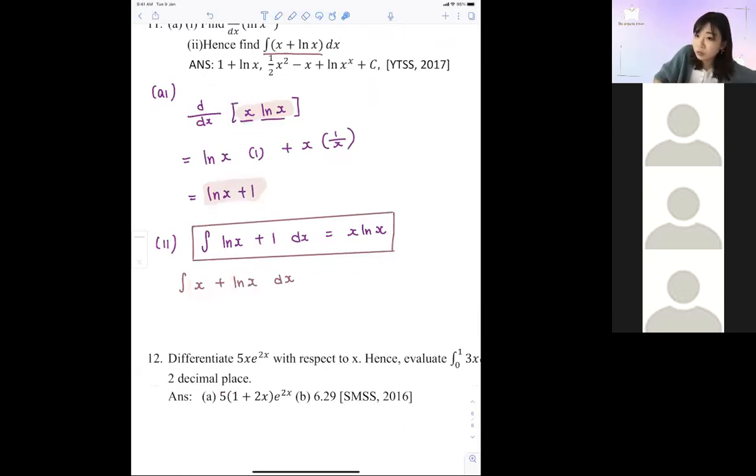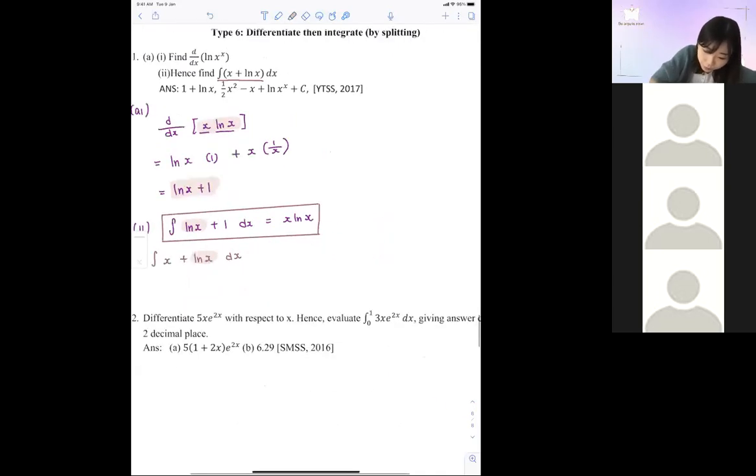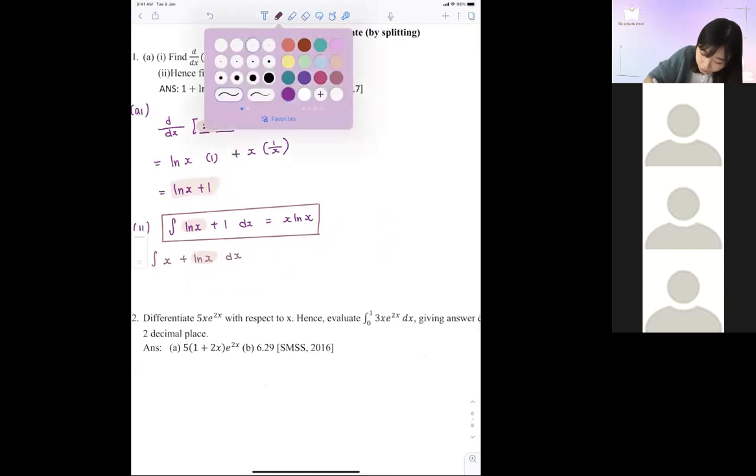Is there a formula to integrate ln? No, right? There's no way we can integrate ln. So what we do is, we must make use of our clue. Okay, but our clue consists of ln X and 1. So we need to split it out. I only want this part, which is here. I only want this part. So from your clue here,